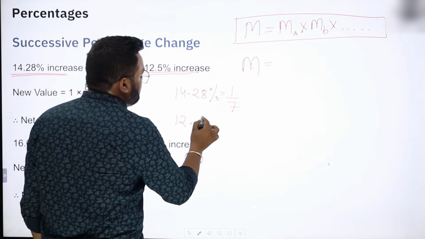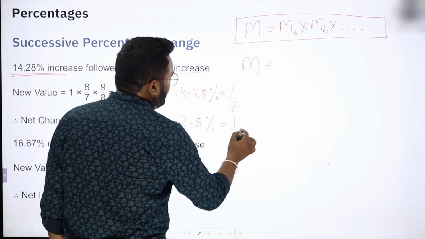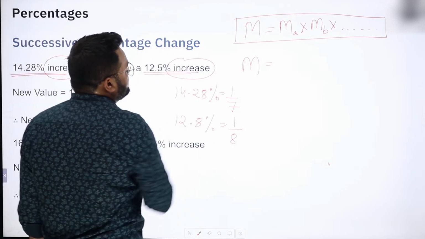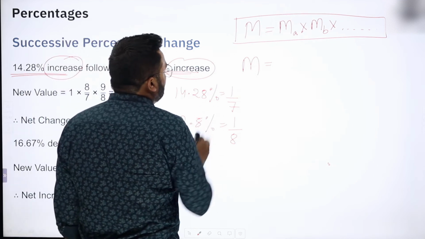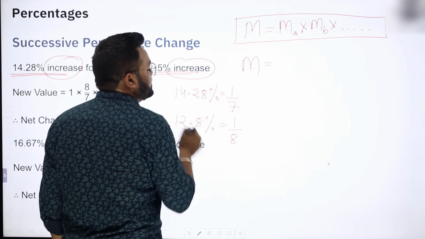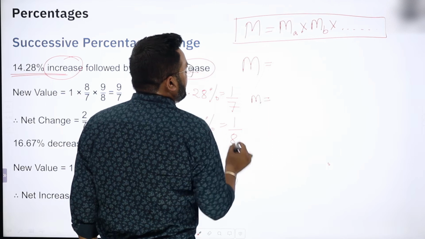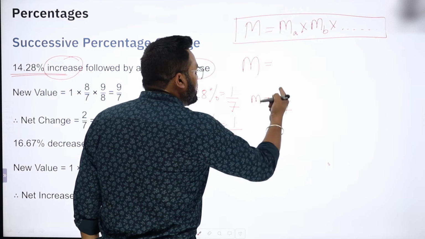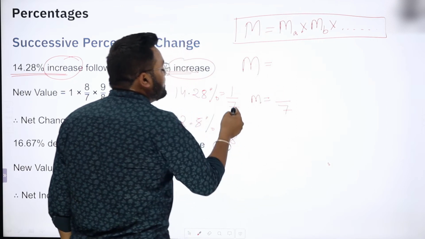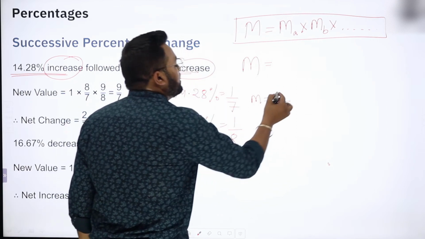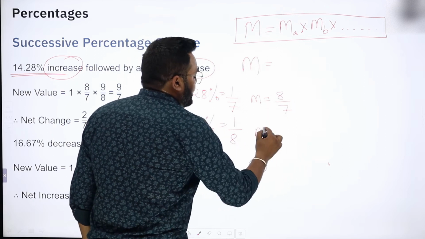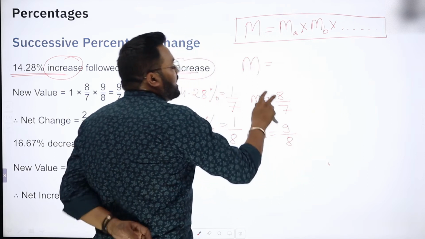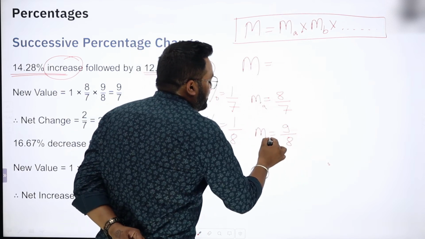And what is 12.5%? It is 1 by 8. Both are increasing. The change is what? Increase. So now I will find the multiplier for this 14.28% change, and the multiplier will be: the denominator value is the initial value, it remains same. Only the numerator value will change, that is 7 is increased by 1, it will become 8. Here this 8 is increased by 1, it becomes 9, and I will put the value of MA and MB,